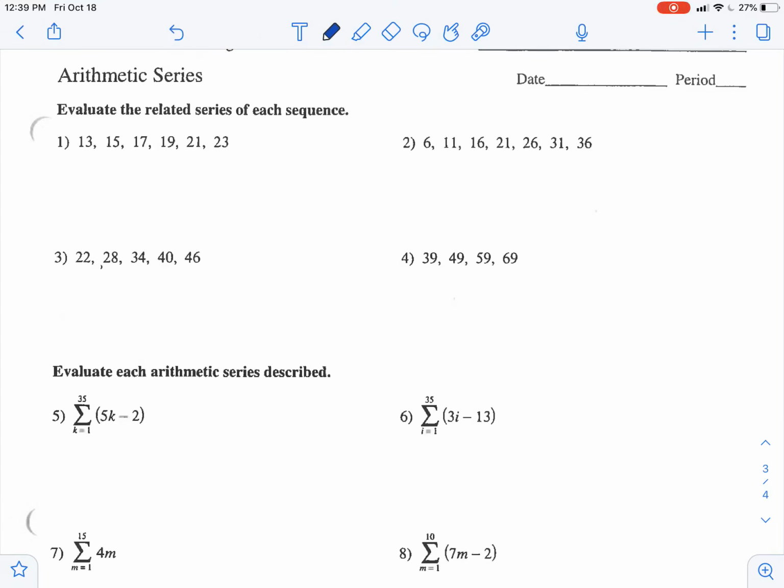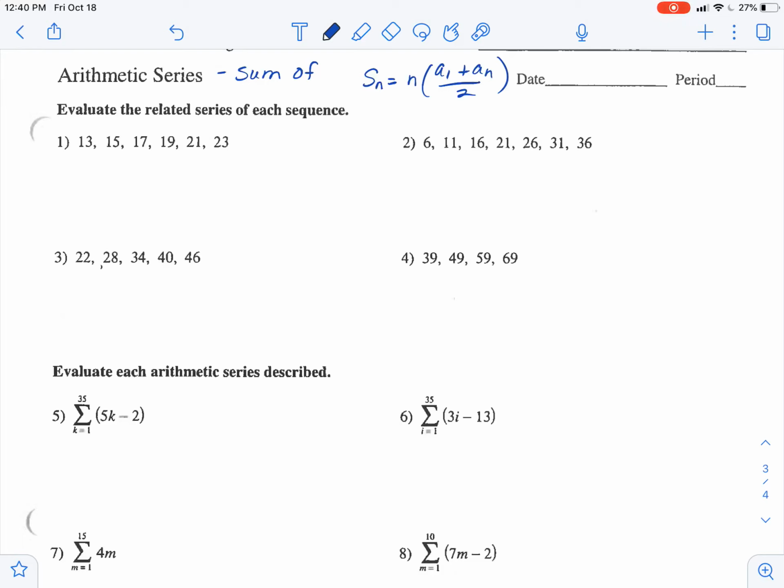Okay, so this is the second page of your worksheet that you've been given, or the third page, I guess you might say, or might be given it separate. But this time we're going to actually look at it as a series. So again, remember the series is the sum of. And our formula for the series was Sn equals n, a1 plus an over 2. So that's our formula that we're going to be using for our finite